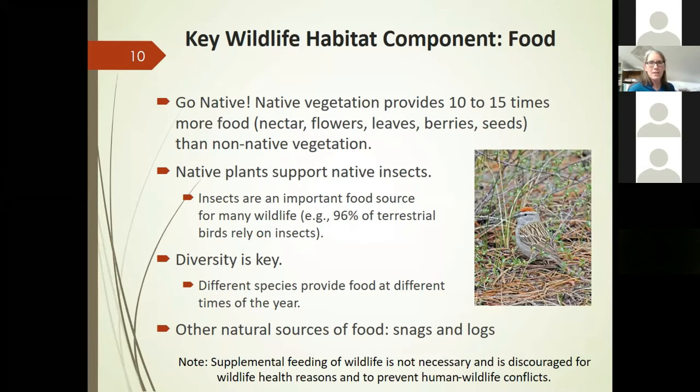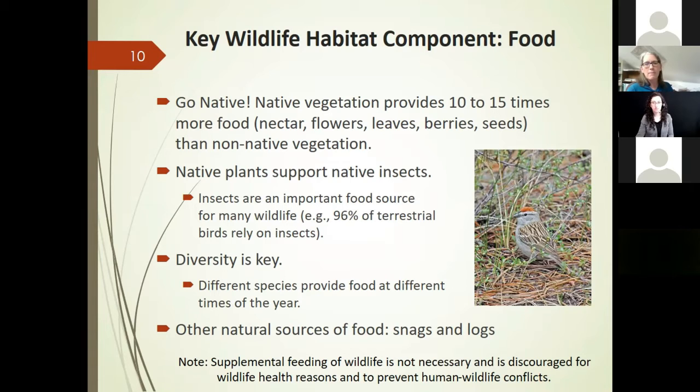The key message related to food is it's all about the native plants. Native vegetation provides 10 to 15 times more food than non-native plant species. And again, food could mean the nectar, the flowers, seeds, berries, leaves, twigs. But native vegetation provides so much more value to wildlife in terms of food production than non-native plants. So whatever you can do on your land, in your space, however small or large, to provide native plants, and often that means battling the non-natives. I mean, it's a battle. It's like doing laundry or dishes. It's a never-ending battle. But replace the non-natives with the native plants, and the native plants provide huge benefit to